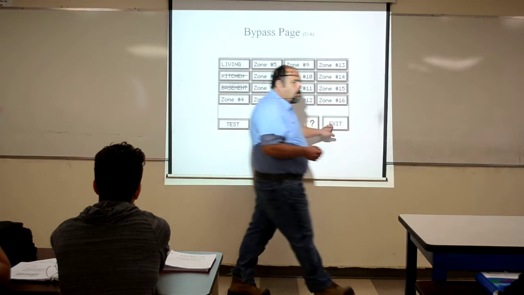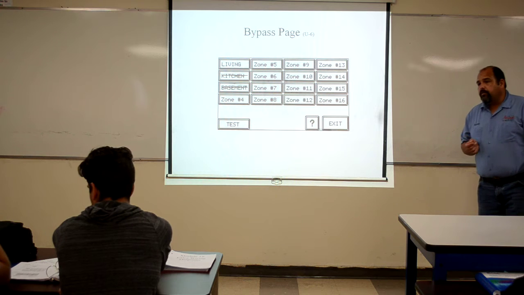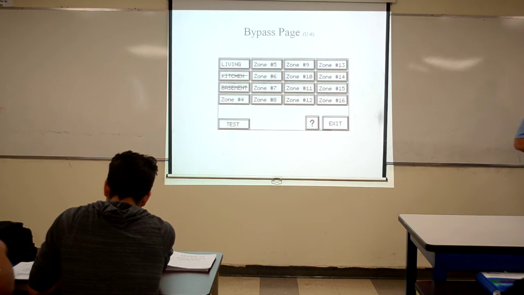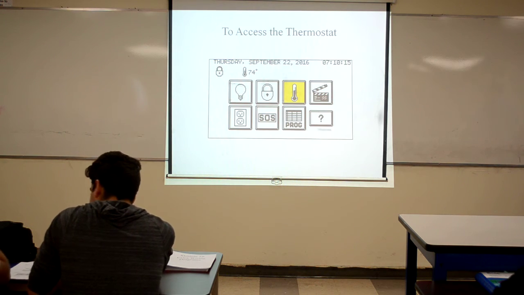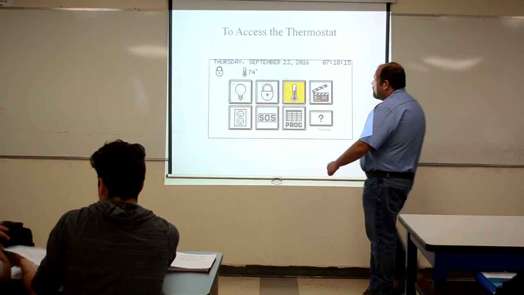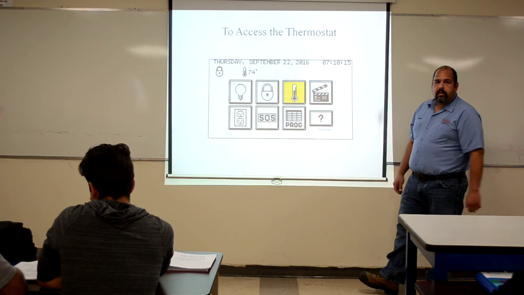If I press exit now, it'll bring me back to the previous page. And what was the previous page? The alarm keypad, right? The alarm page. When I'm on that page, if I press exit again, it'll bring me back to the main page. Simple so far. If I want to access the thermostat,